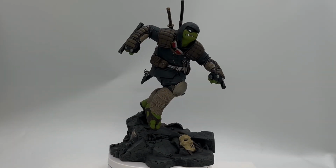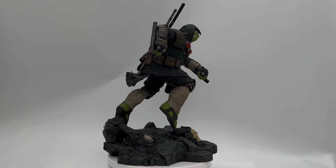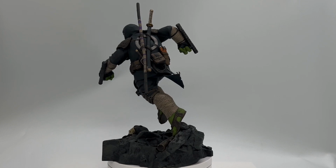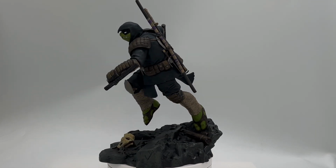And today we are going to be taking a look at the Diamond Select TMNT The Last Ronin PVC Gallery